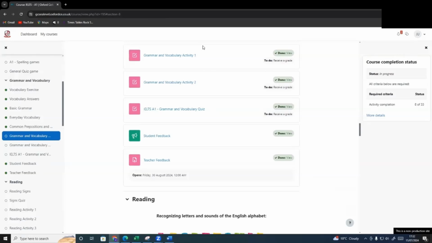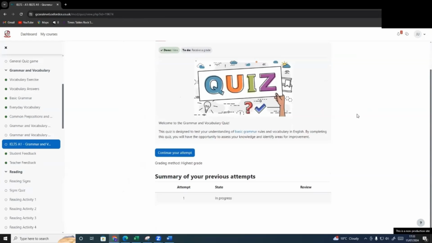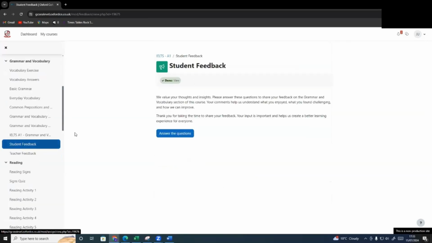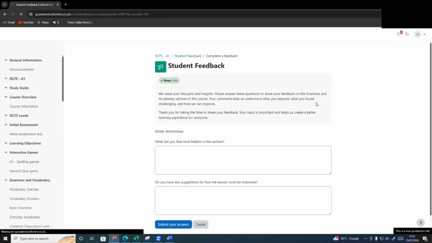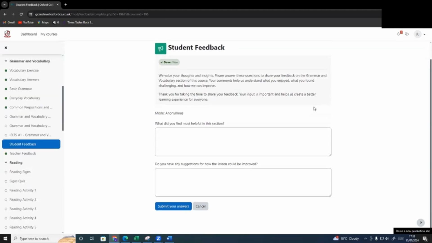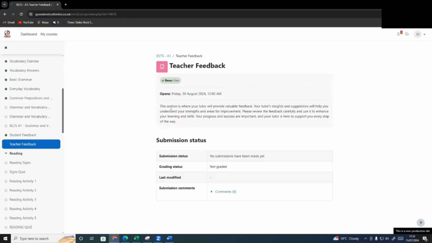After you've read through all of the exercises and contents, you will reach the activities, which again is just a mini quiz, after which you will reach a bigger overall quiz, which tests your understanding of the section. After completing the quiz, you can reach the student feedback section, which asks for your comments on how you think the section was prepared, what you found most helpful, and if you have any other suggestions on how the lesson could be improved. There is also a teacher feedback section, which allows the teacher to provide valuable feedback and give